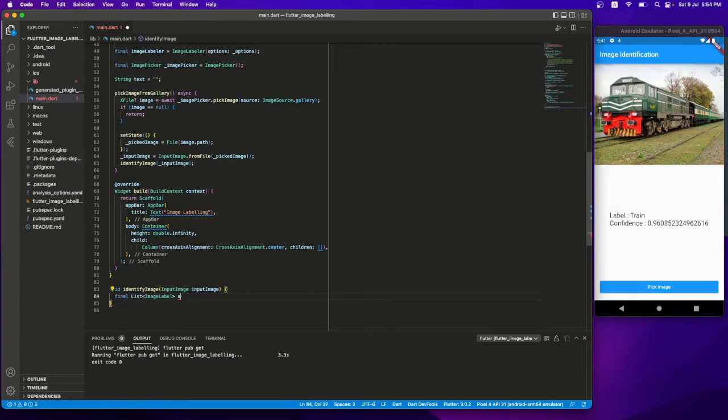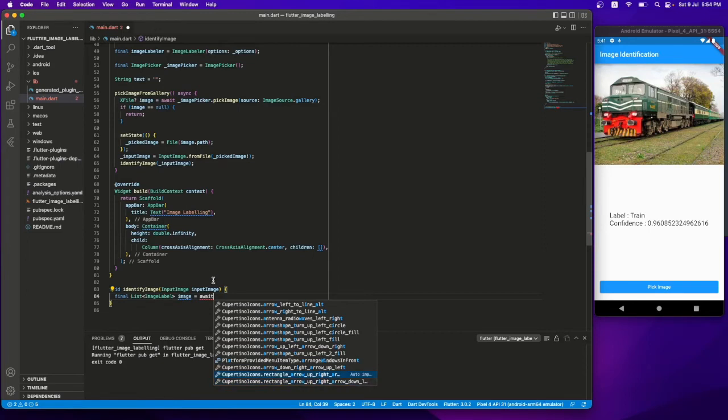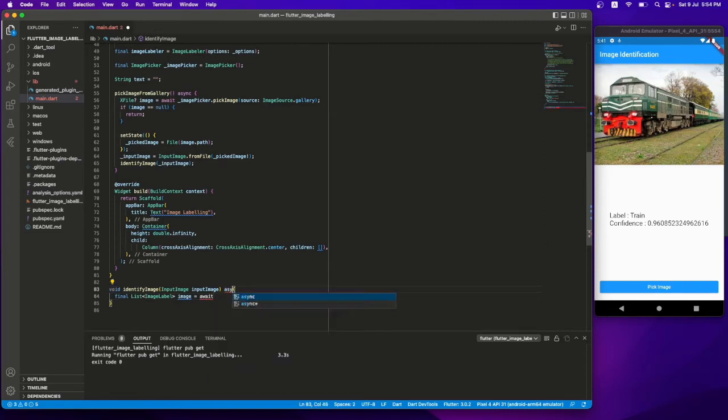I'll say it as labels, or I'll say image equals await, so it will be the asynchronous function await image label dot